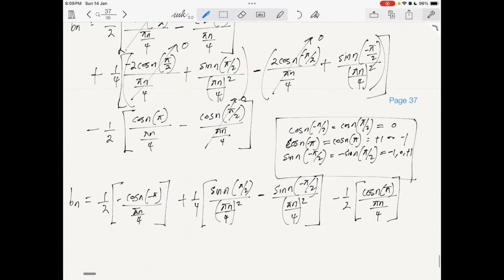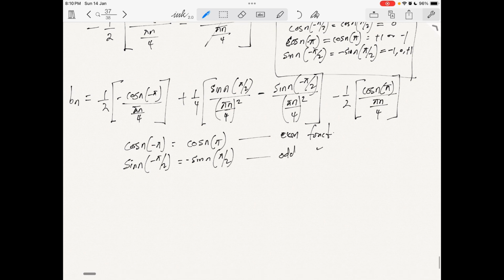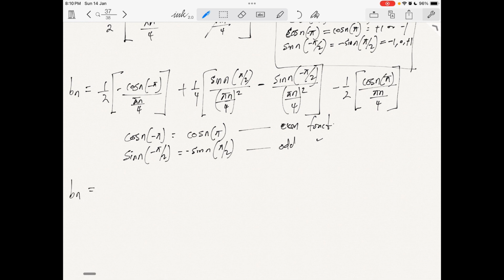Now, let's simplify further. We make the substitution of cos n minus pi to be equal to cos n pi, and we also make the substitution of sine n minus pi over 2 to be equal to minus sine n pi over 2. This is an even function and this is an odd function. So with respect to that, we evaluate Bn to give us minus 1 over 2 into cos n pi over pi n over 4, because we made the substitution here, plus 1 over 4 into sine n pi over 2 divided by pi n over 4 squared,